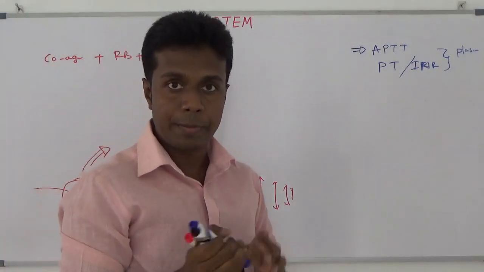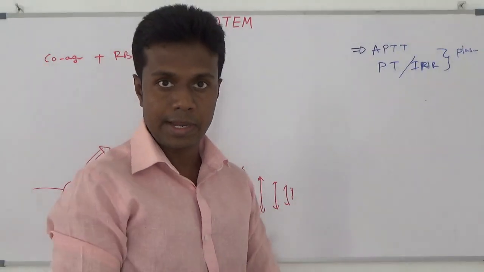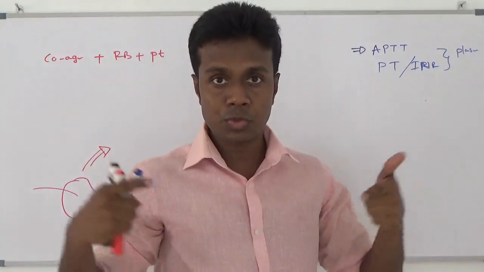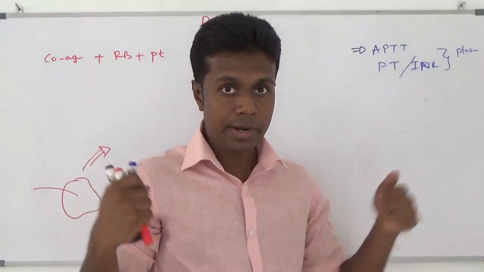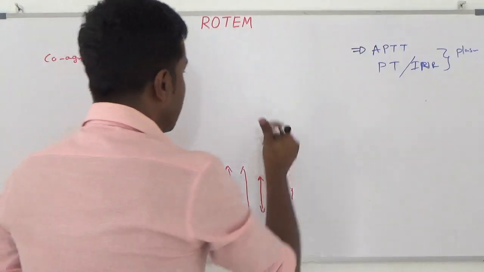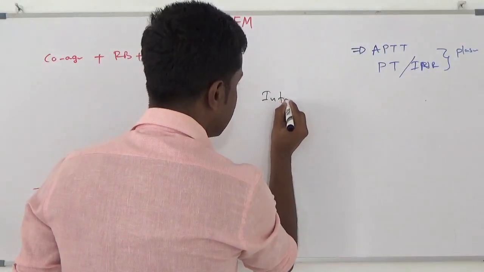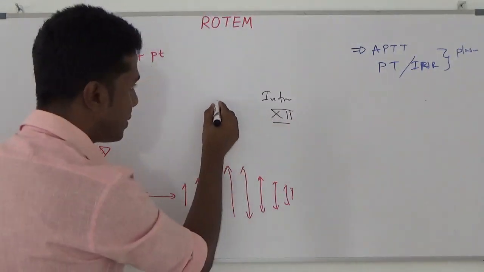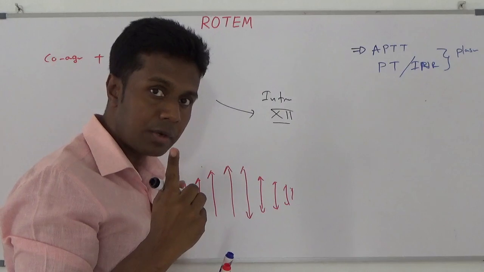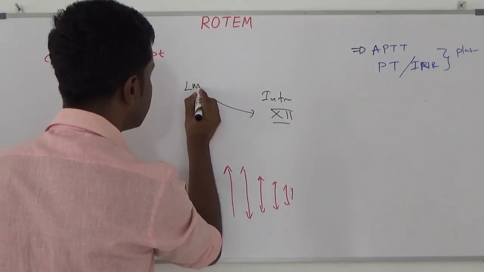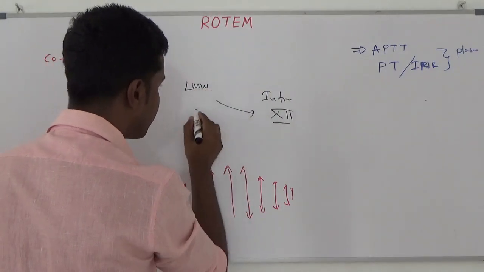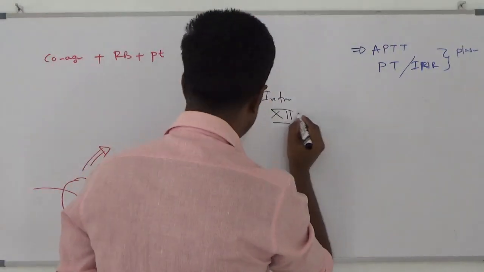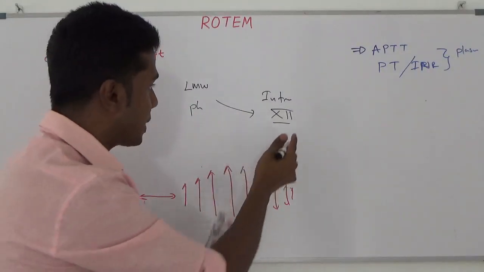You all know that with the plasma component, they investigate our coagulation pathway. Our coagulation pathway has two major components, the intrinsic pathway and the extrinsic pathway. The intrinsic pathway starts with factor 12. What is going to activate factor 12? Low molecular weight kininogen and kallikrein, and phospholipid can activate it.